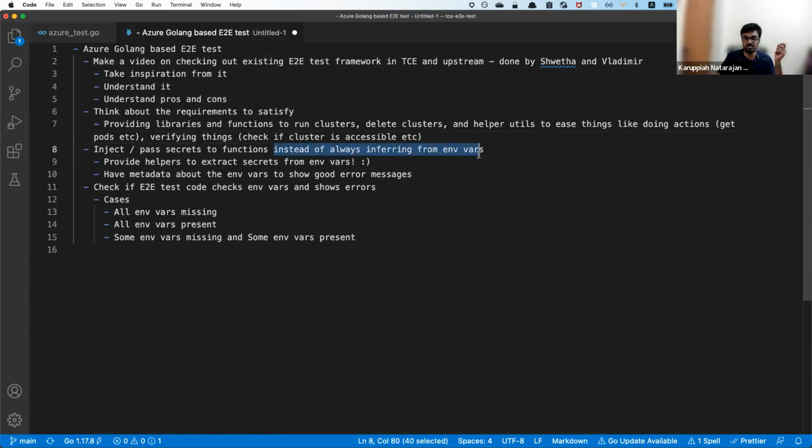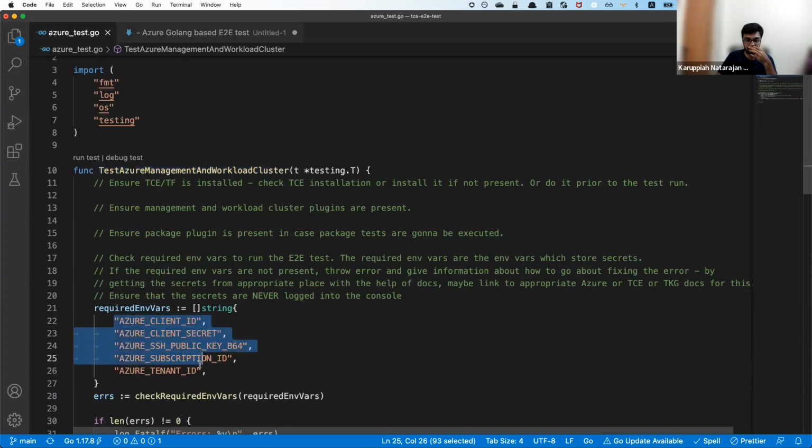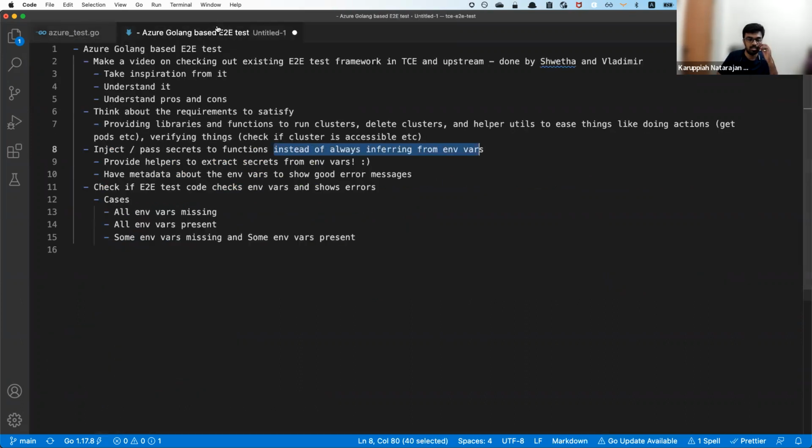Instead of inferring from environment variables, I want to provide helpers to extract secrets from environment variables, for example to create some struct, and then pass it on to the library function.